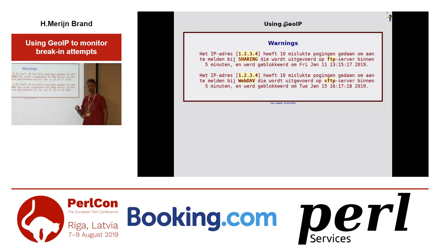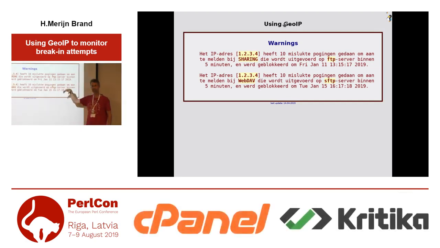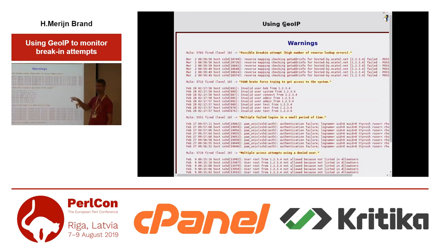So, warnings from intrusion detection systems can be something like the IP address, this has 10 failure attempts. It's all Dutch, but you see this in your own language from the intrusion detection system. And all of those have an IP address. In my case, the system is IPv4 only, so I don't see IPv6. And you need to extract that address to see where it comes from. If this address is from your customer and he mistyped the password 10 times, then it is something completely different than someone from Taiwan breaking into your